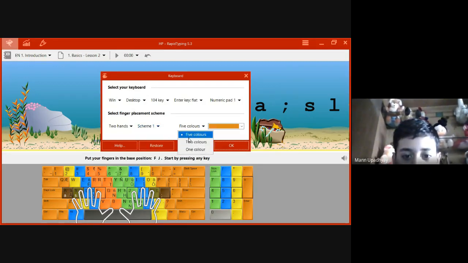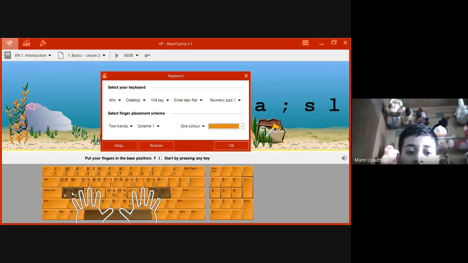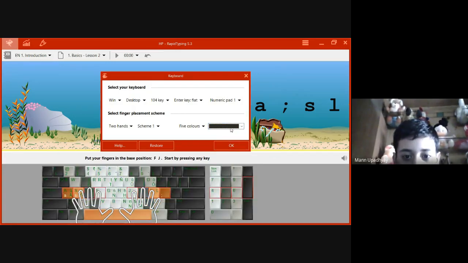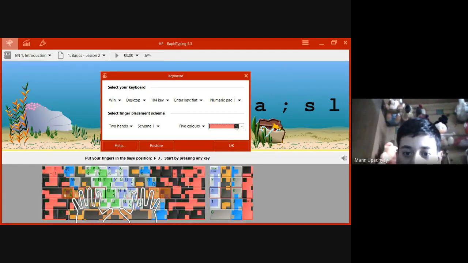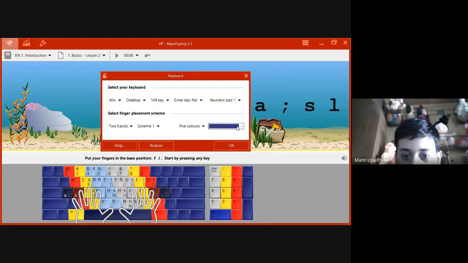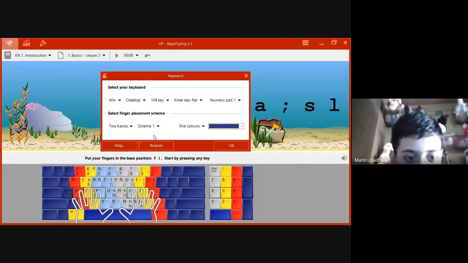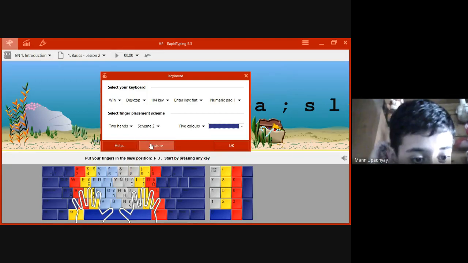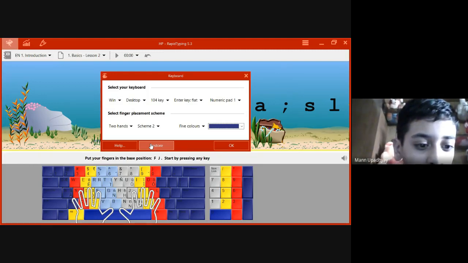I can choose the number of colors I want, like 5 colors, 2 colors, 1 color. By that, it is going to change the format of the keyboard below. I can also change the colors, such as this, black and white, this blue, and many more colors. We can choose a scheme. If you notice carefully, in scheme 1 and scheme 2, there is a little bit of difference. That is, the red color is being replaced by color yellow, and